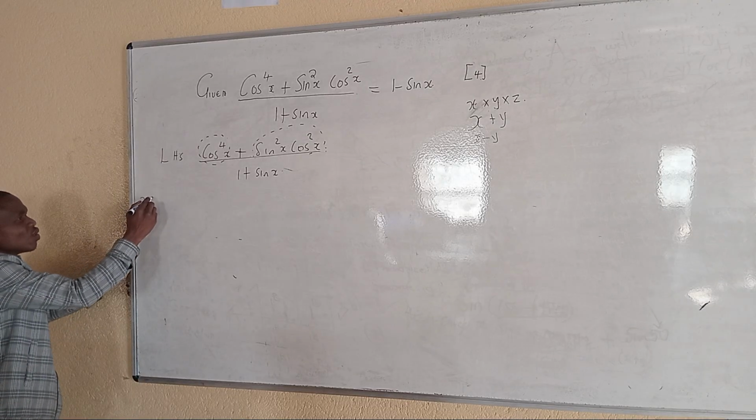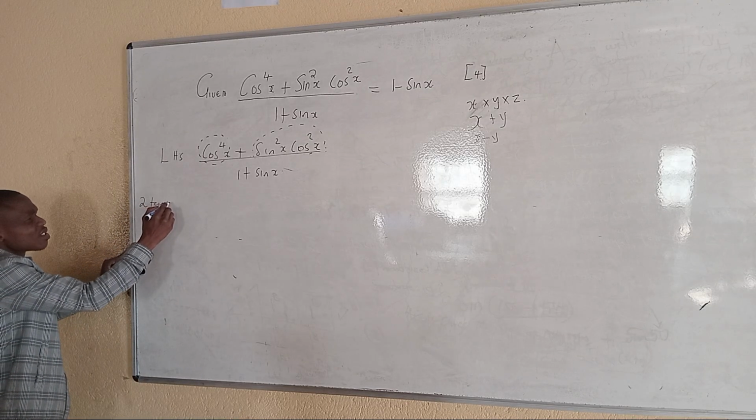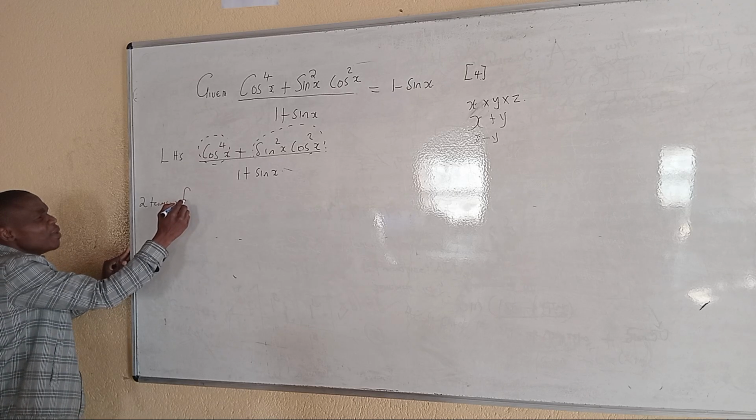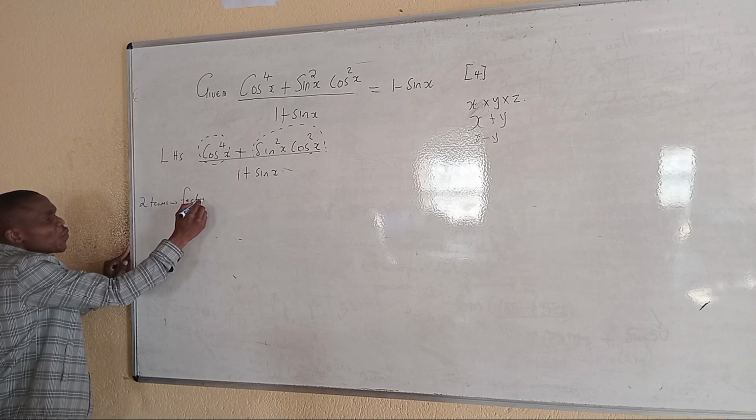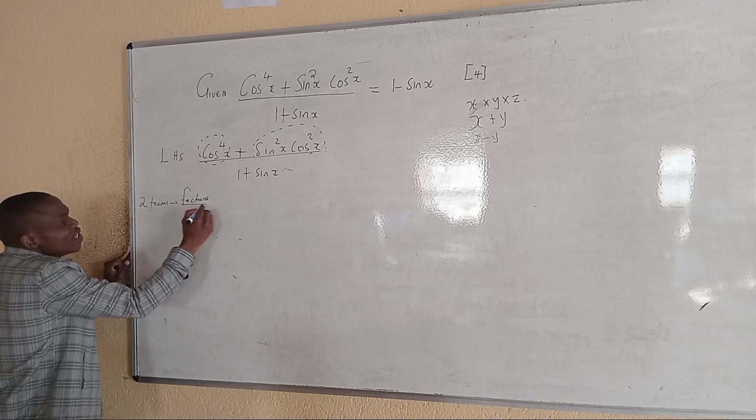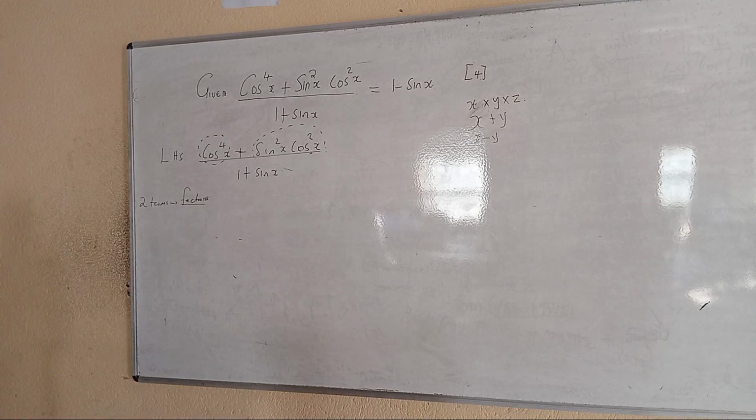Now, on these 2 terms, check if you can factorize. It's very, very important, guys, that you are able to do what? To factorize, especially when you are proving the identity. Ideas such as factorizing are going to be very, very important. So you must be able to factorize your expressions. So now,